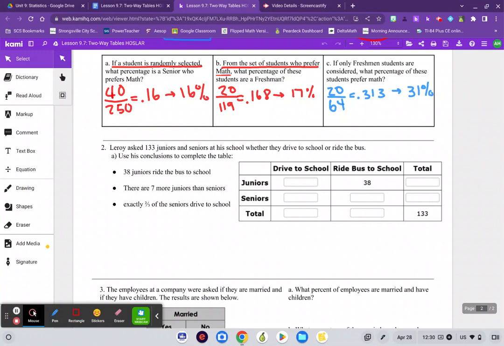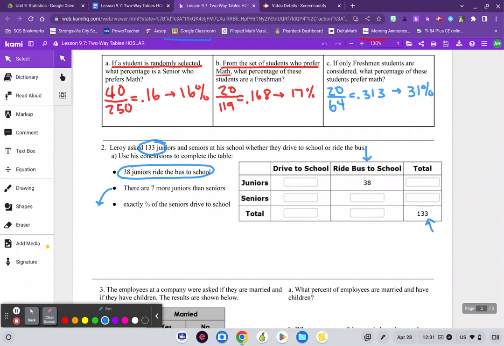And they already filled in the total, right? We have a total of 133, so that's right here. And 38 juniors ride the bus, and so they put that right here. You get to fill out the rest of the table. Okay, there are 7 more juniors than seniors. Okay, so between the 38, that means that, for example,